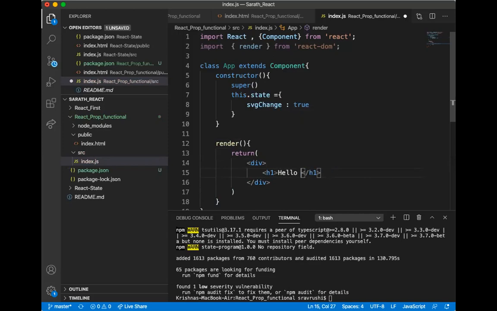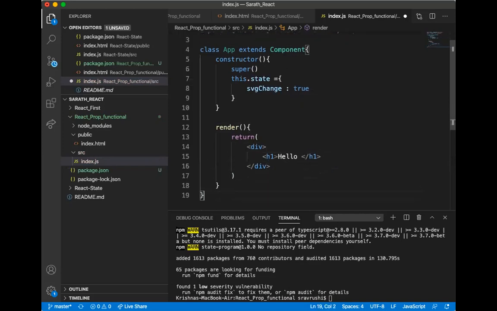For now I am giving just hello, and I have to create props actually, so that I can get those props.